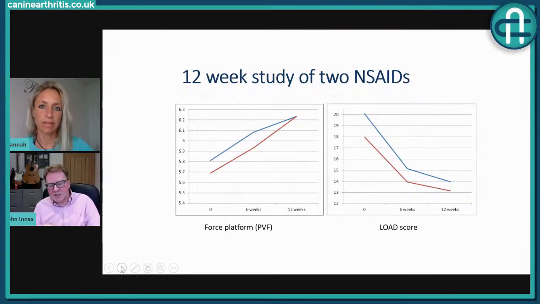This slide is really just to show that whilst the force platform can measure improvement in function in response to medication, so can the owner questionnaires. But the other message from this study, this is a 12-week study that we did comparing two anti-inflammatory drugs for osteoarthritis, and we measured the outcome at 6 weeks and 12 weeks. And whether it's the force platform or the owner questionnaire, the outcome is better at 12 weeks than it is at 6 weeks. So the other message here is about